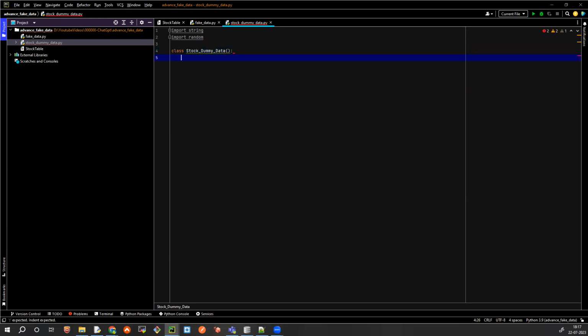Okay, and then we're going to say we need a stock symbol, right? How can we quickly do that? So we know we have letters if we use string, and inside the string we have these ASCII letters, right? But we need upper, because usually the stock symbols we have in upper case are 4 character letters, right? So what we can do here is we can say self.stock